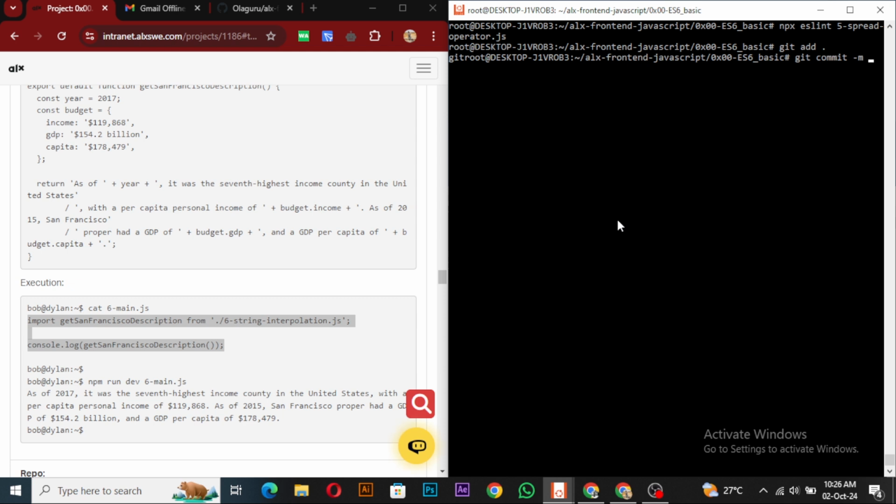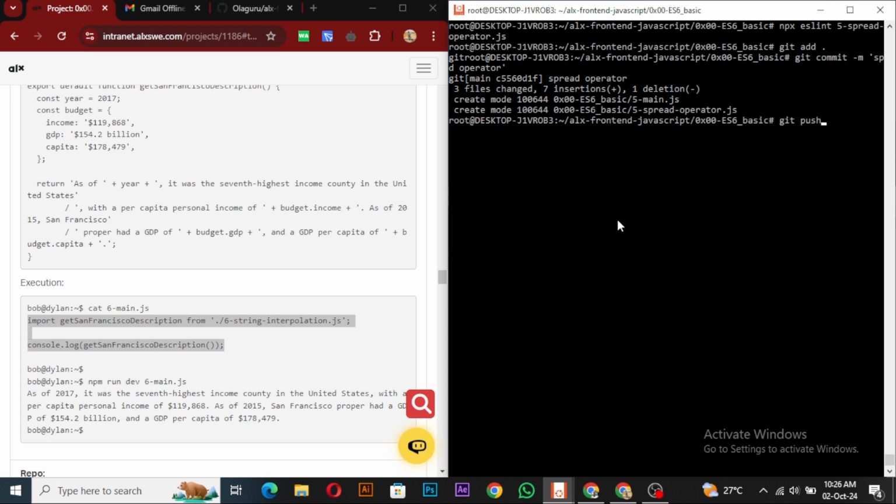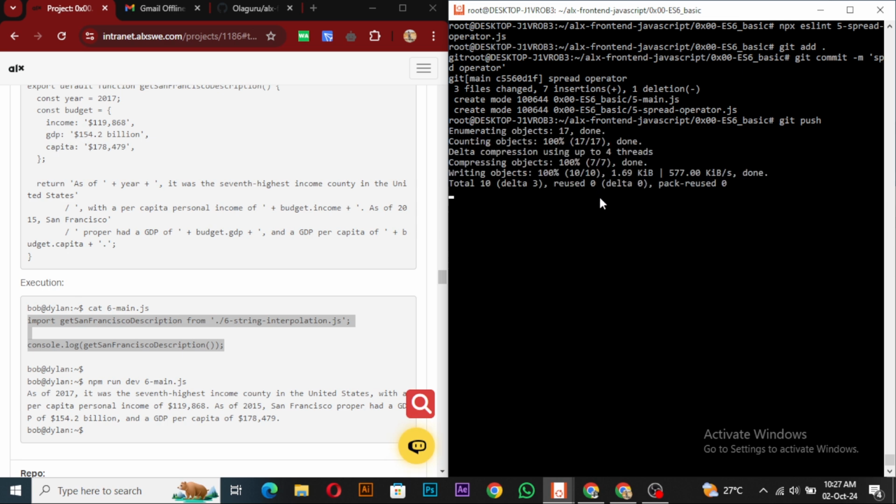and call it spread operator, and then I'll push it. So while that is pushing, has it pushed? Okay, it's not pushing. Then we'll copy 6 main.js. I think we've copied that already. I'm just waiting for it to push, and then say vi 6